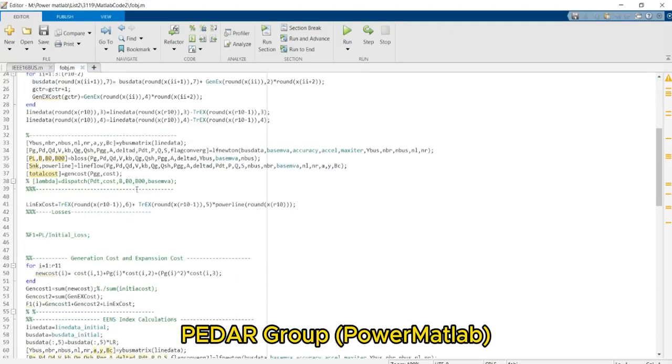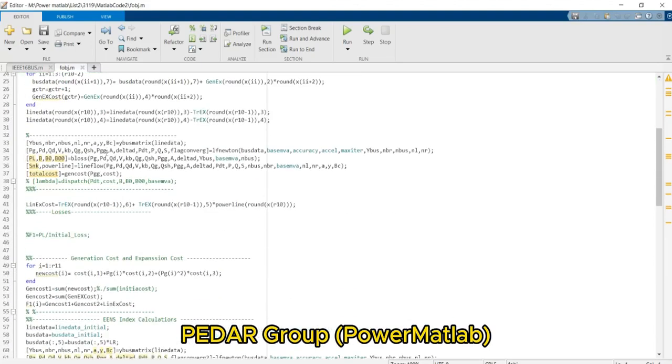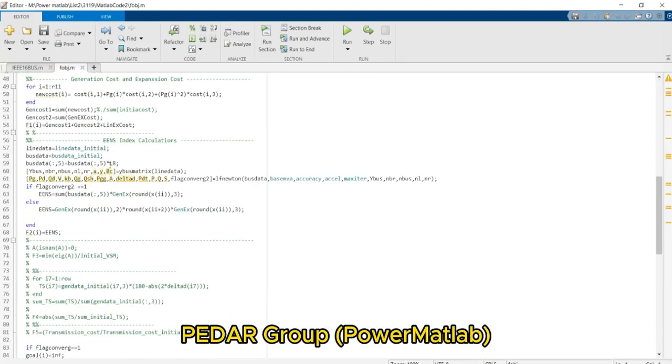So at each level you should select the best scenario of generation expansion planning and transmission expansion planning for different load ratio, and you can calculate